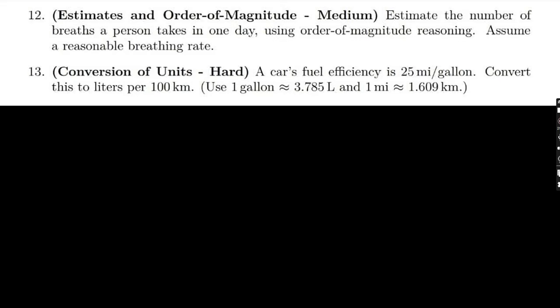Okay, we go on. Question 12 is on estimation and order of magnitude. Estimate the number of breaths a person takes in one day using order of magnitude reasoning. Assume a reasonable breathing rate. Okay, so the breathing rate, guys, of a normal person, not a sick one, because they have different breathing rates. A normal person has a breathing rate of about 12 to 20